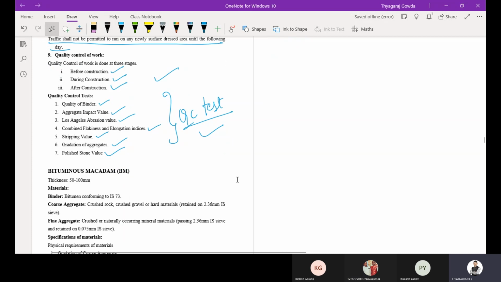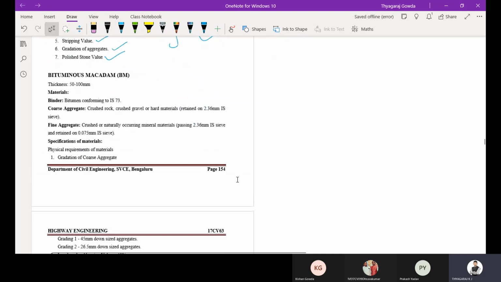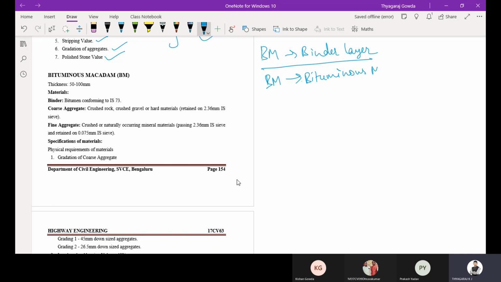Okay, next one is bituminous macadam. So bituminous macadam, which is used as a binder layer. Make a note, which is used as a binder layer. So BM, wherever you observe the BM, it means bituminous macadam, and the thickness of the BM layer